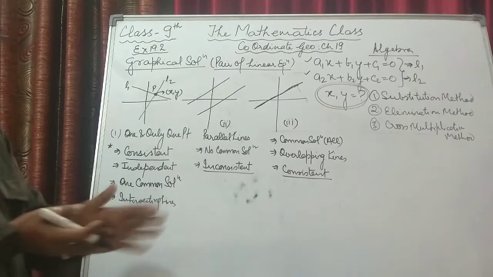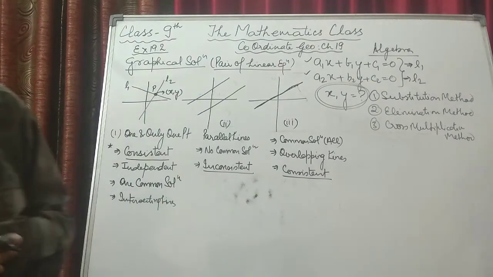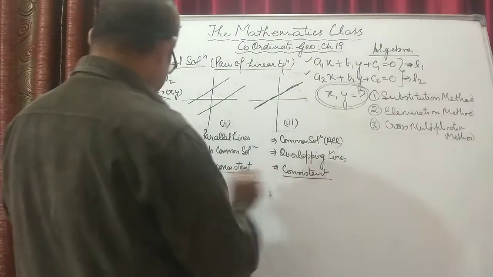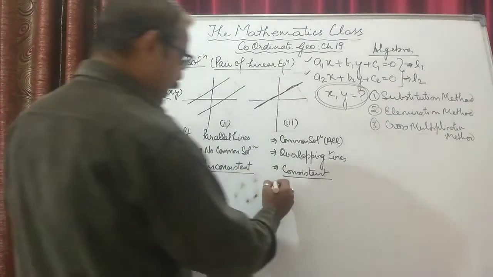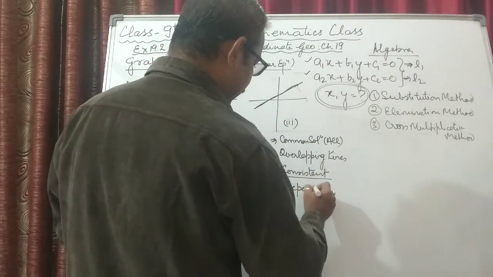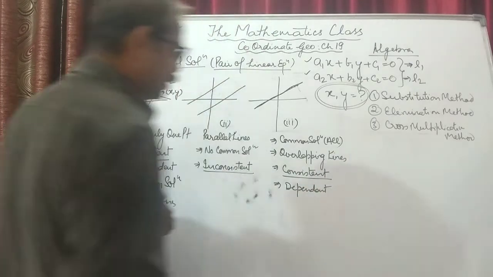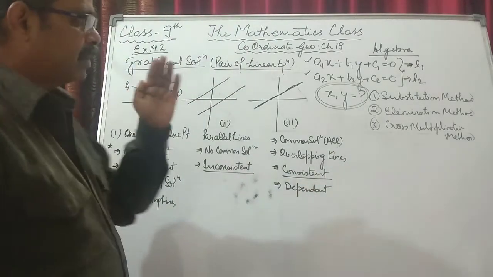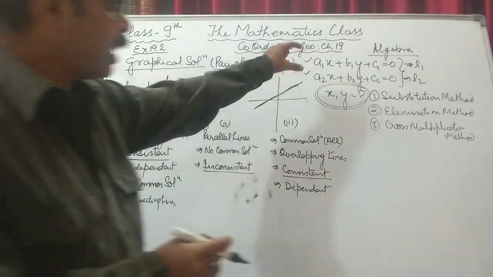You can memorize that. Then one more thing is there: here it was independent and here it is dependent. So always remember that when we draw the graph of